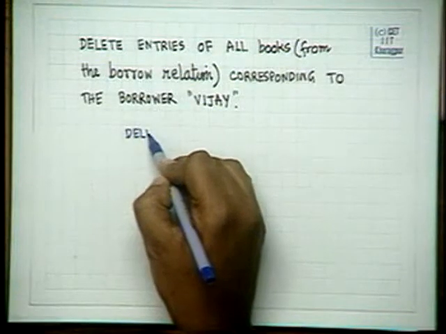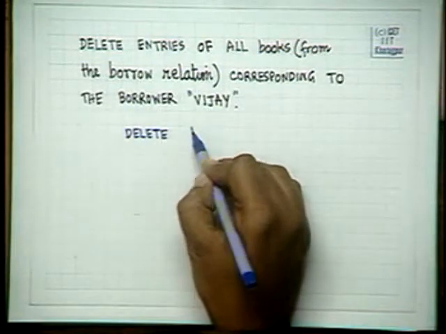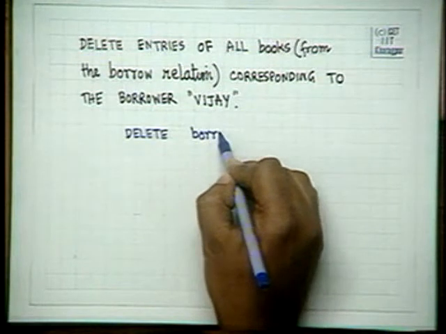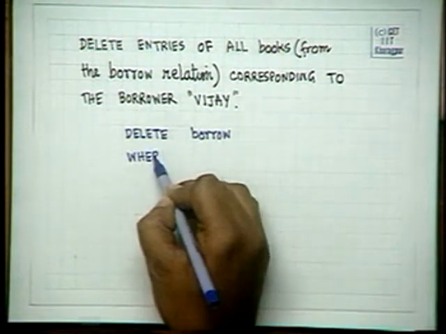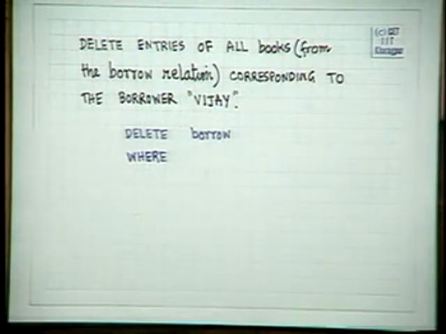Now this is slightly complex because I will say delete borrow where. Now how will I get Vijay?